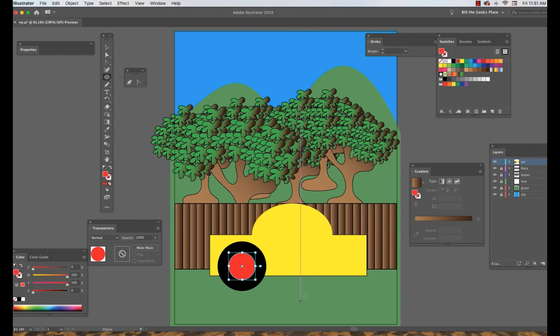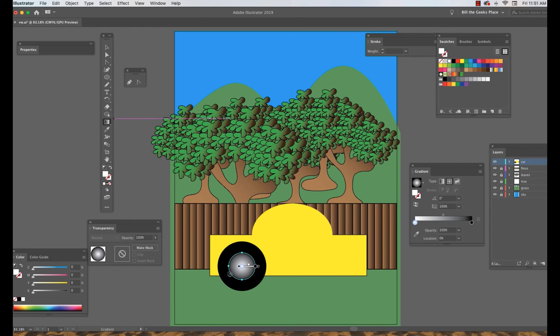No, I don't want a red hubcap. So this is where I select my silver gradient, and then here in the gradient panel I select radial. There you go. So then if I select the gradient tool,